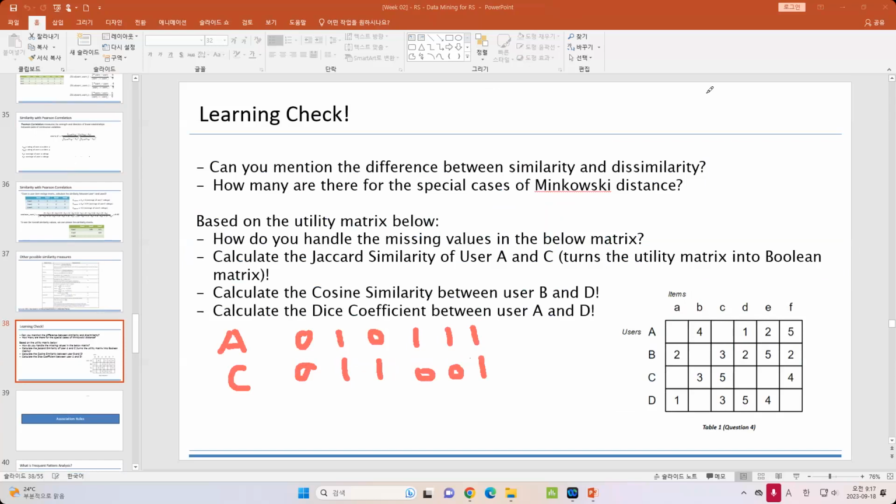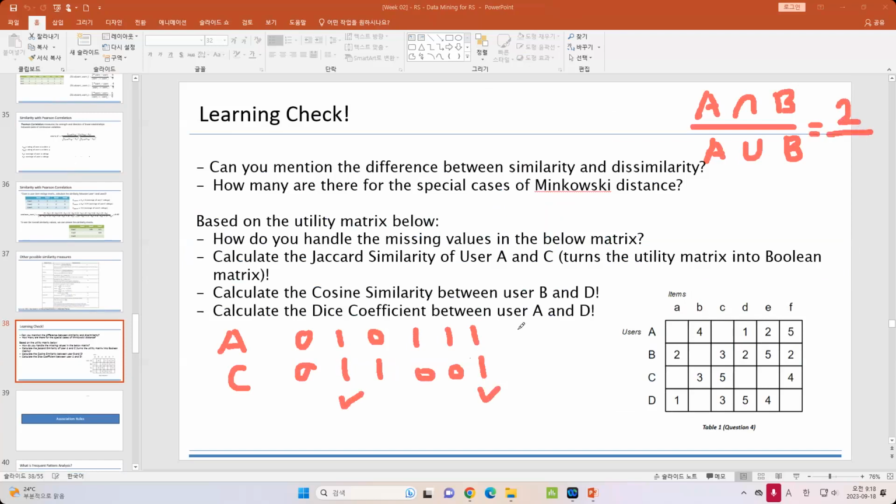It is A intersection C divided by A union C. How many items are in the intersection? So this one intersects and this one intersects. Then there will be 2 items in the intersection